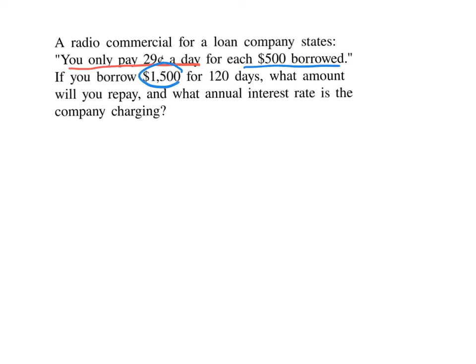Well, if you borrowed $1,500, how many 500s are there in 1,500? So a simple calculation will show us that there are three $500 borrows in $1,500. So let's start there. You're going to pay 29 cents a day for each one of those 500s. So basically, per day, you've borrowed $500, $500, $500. So you've borrowed three of those